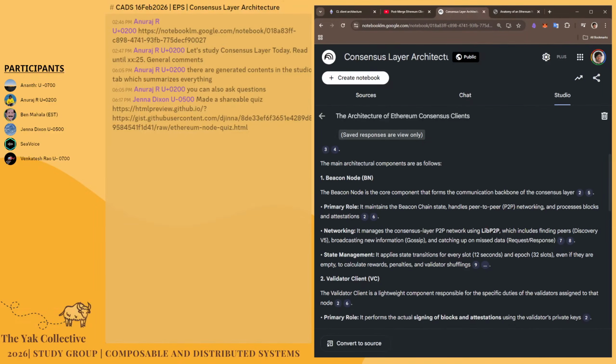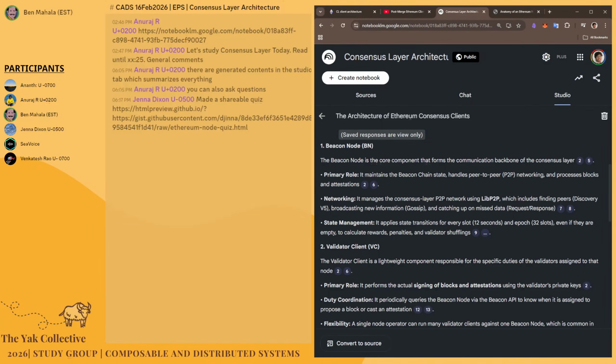I think I've talked before about how they went and said, all right, we want multi-client, so let's have various clients based on different programming languages. And I think these are all funded by the EF, the Ethereum Foundation. I don't know how it's evolved over the past 3 or 4 years. It could be that each team is now much more focused on what it's trying to do. But at the beginning, they were basically copies of each other in different languages.